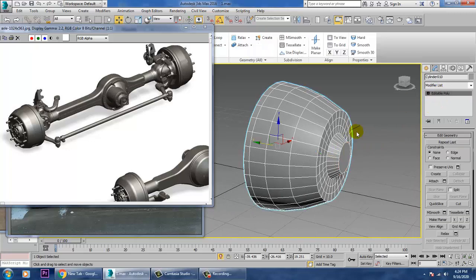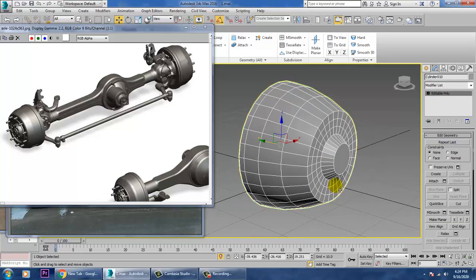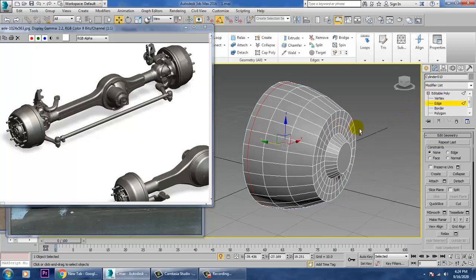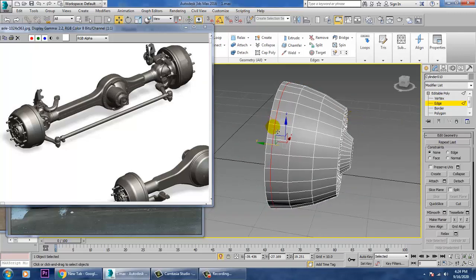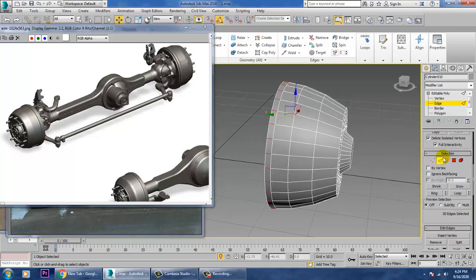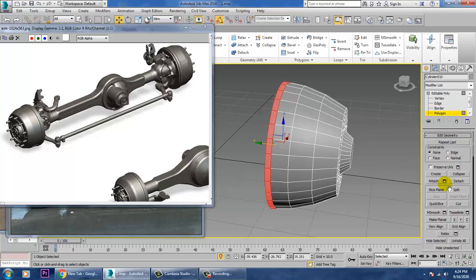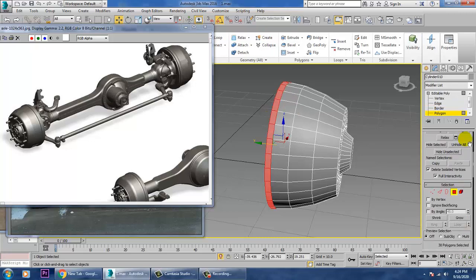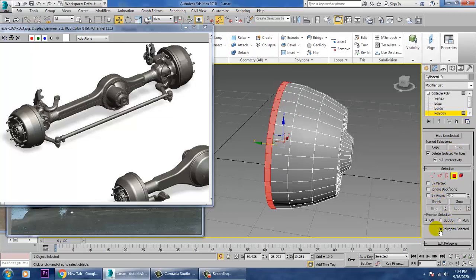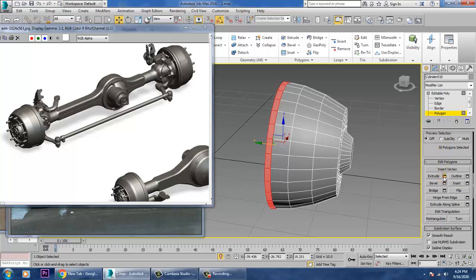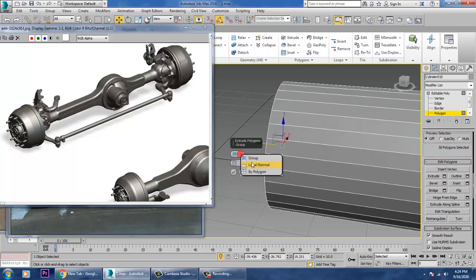Now what I'll be doing is, I'll go into this, take an edge, ring it, and Control-click on this polygon and just give extrude by local normal.